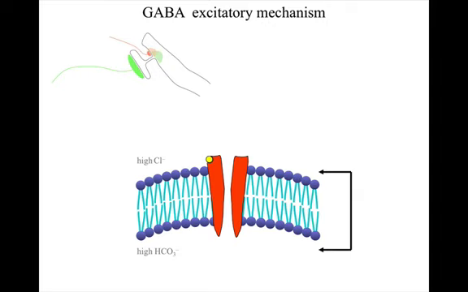But which ions pass through the open channel depends on the local membrane potential. If the membrane is already depolarized, for example by an excitatory postsynaptic potential, the channel allows chloride ions to pass, which opposes the depolarization. But if the local membrane is at resting potential, the channel passes bicarbonate ions, and they